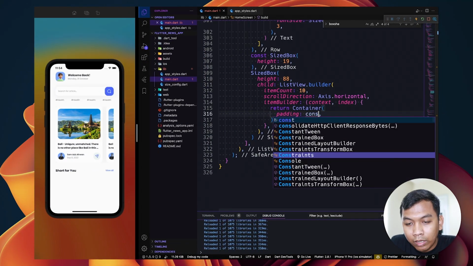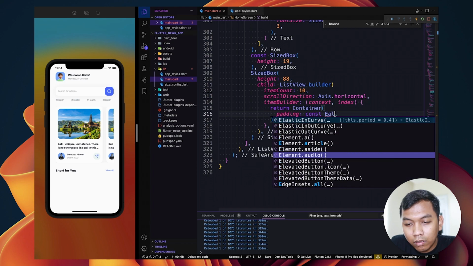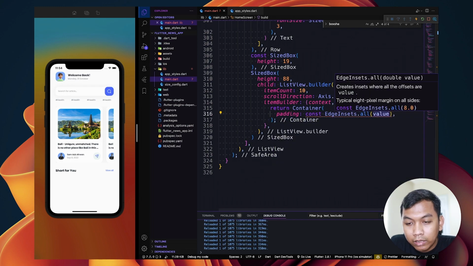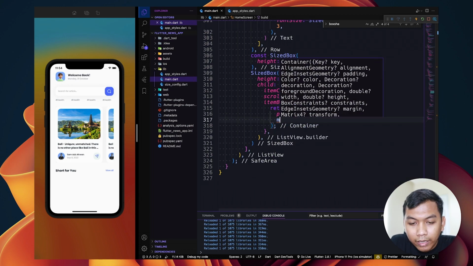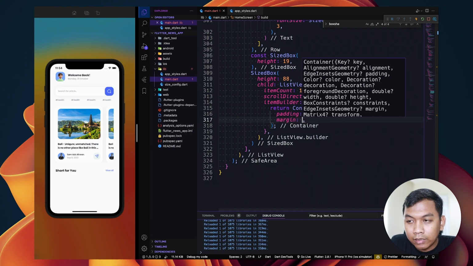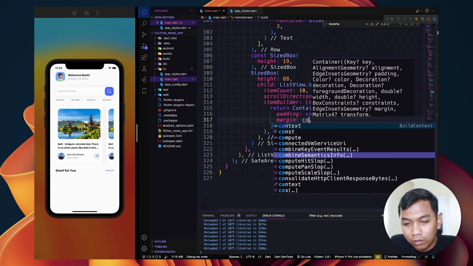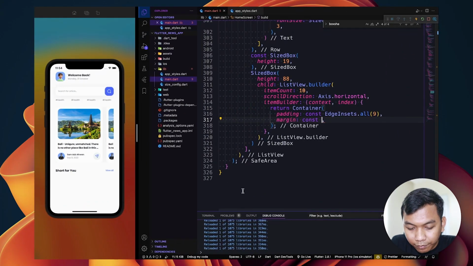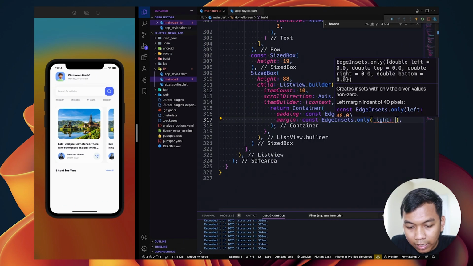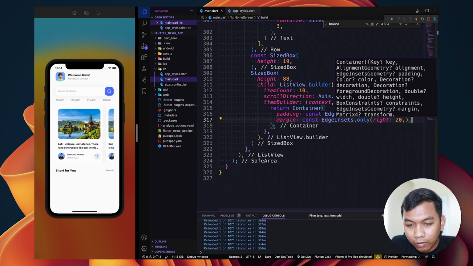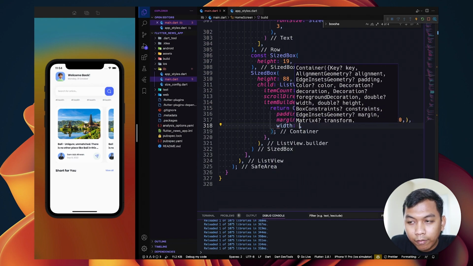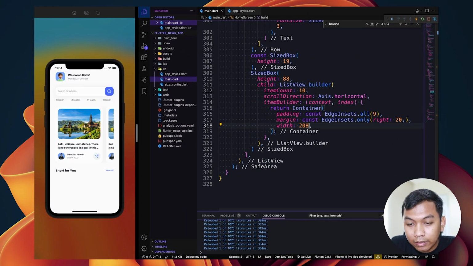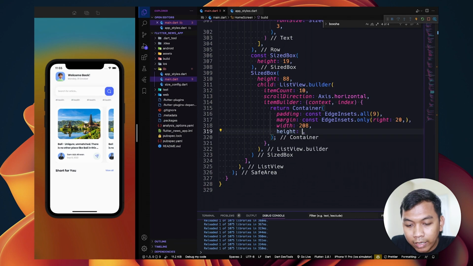And padding will be all 9. And for the margin, let's set it to only right 20. Only right 20. And the next, for the width, set it to 208. And for the height, 88.